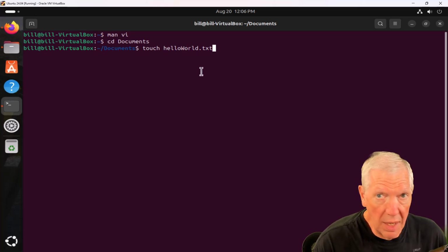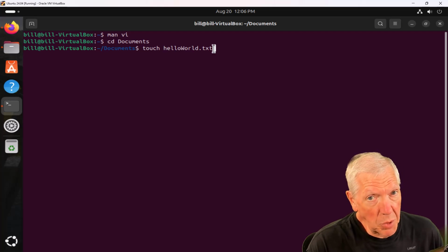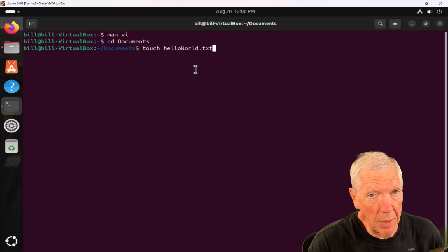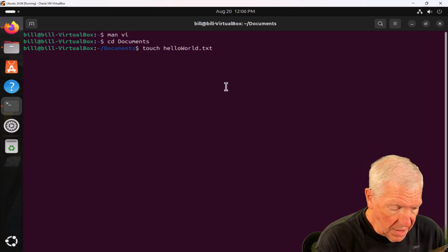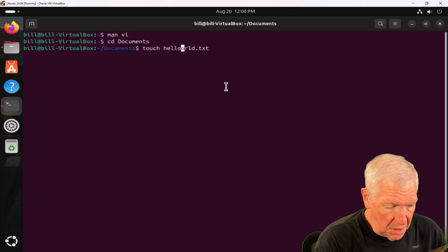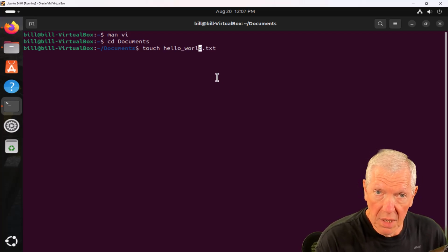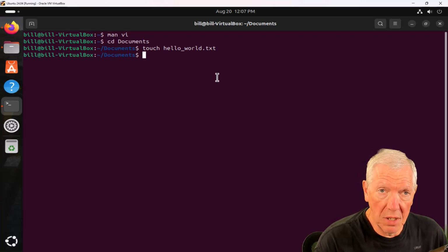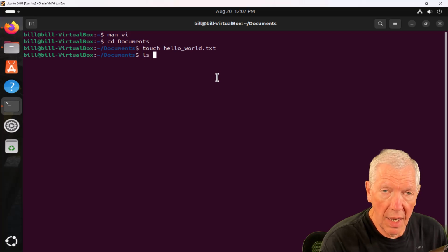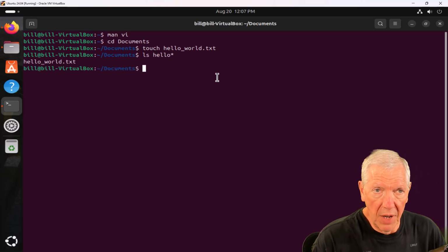Now, you've got some choices. Linux doesn't care, but it's case sensitive, so when you go to invoke this thing, you want to remember that it is uppercase. To get around that, what you might do is just put in an underscore like that, and that'll make it a little bit easier so that you know that it's a standard Linux file. So I'm going to touch that. If I do an ls hello star, it's going to show me that that file's out there.